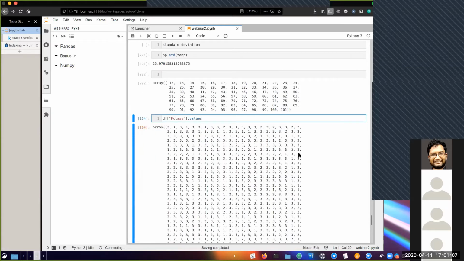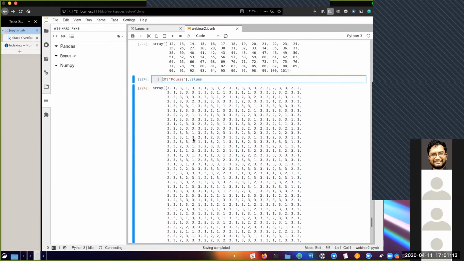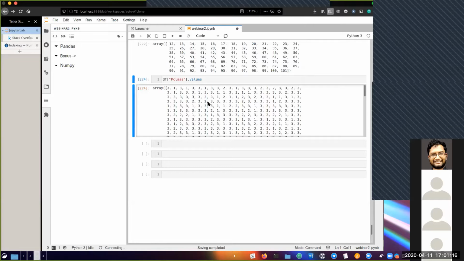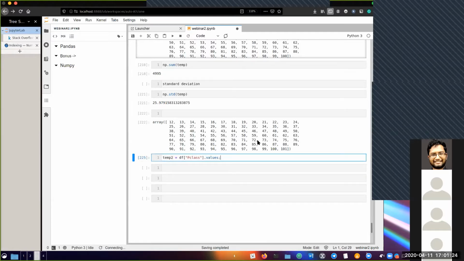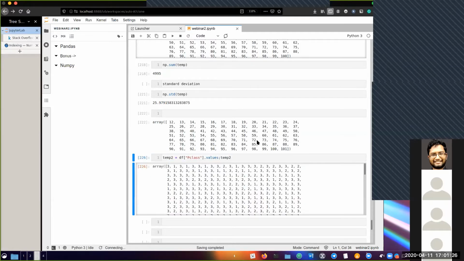So right now it's a NumPy array. So just one syntax. All it's doing is that it's taking my whole column and putting it into an array. For the same thing, okay, let's make this temp2.